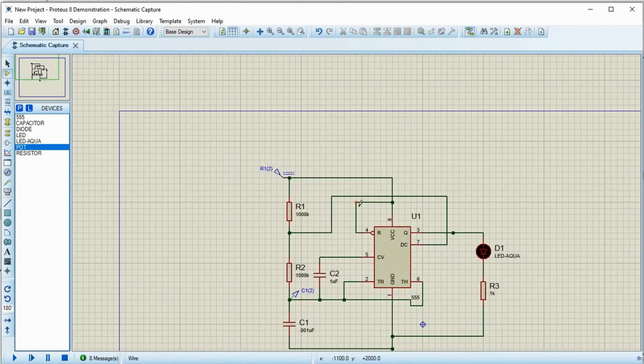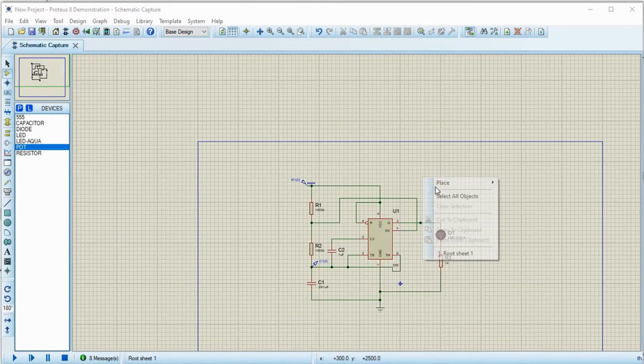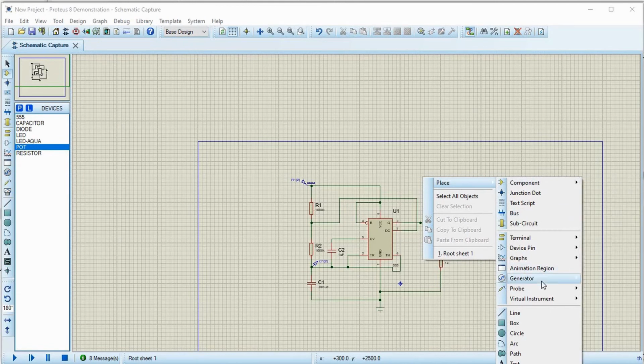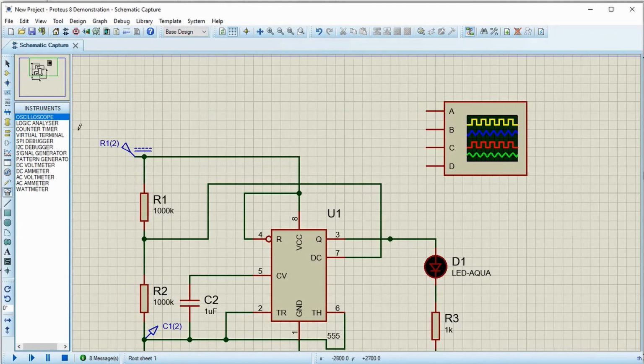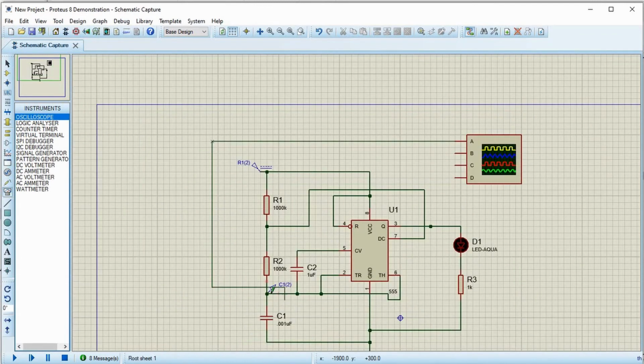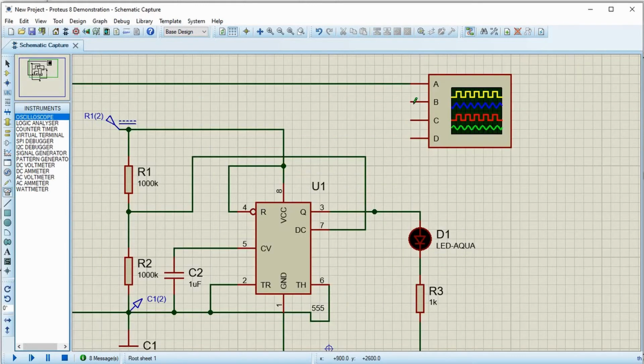Okay, now let's put the oscilloscope, virtual instrument, oscilloscope. So we will compare the capacitor voltage with the output voltage. Let me run the simulation.